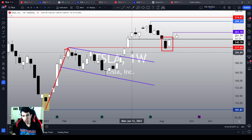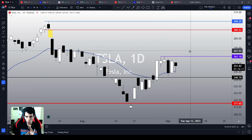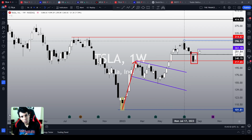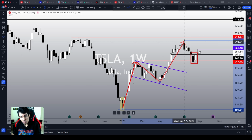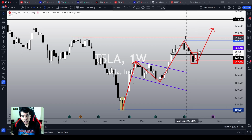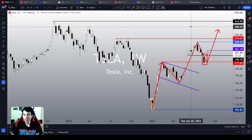Now, back to the weekly chart. Here's when the situation gets really interesting, because by triggering a pivot point on the daily chart, we are going to seek the next technical target around $300. And the $300 on the weekly chart is another bullish pivot point, another bullish structure over here. It is another higher high, higher low. So by breaking the $300 area over here, Tesla has no other meaningful resistances other than the all-time high,